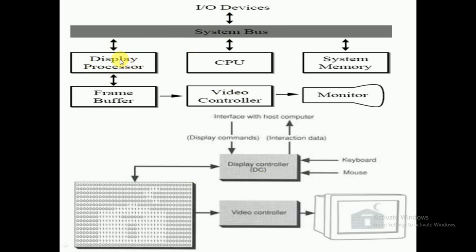The display processor takes your raw input, whatever you have given, and converts it into digital format, which is then written to the frame buffer. Then from the frame buffer, your video controller takes the input and draws it on the monitor. Right? For example, again here the display processor takes your commands,